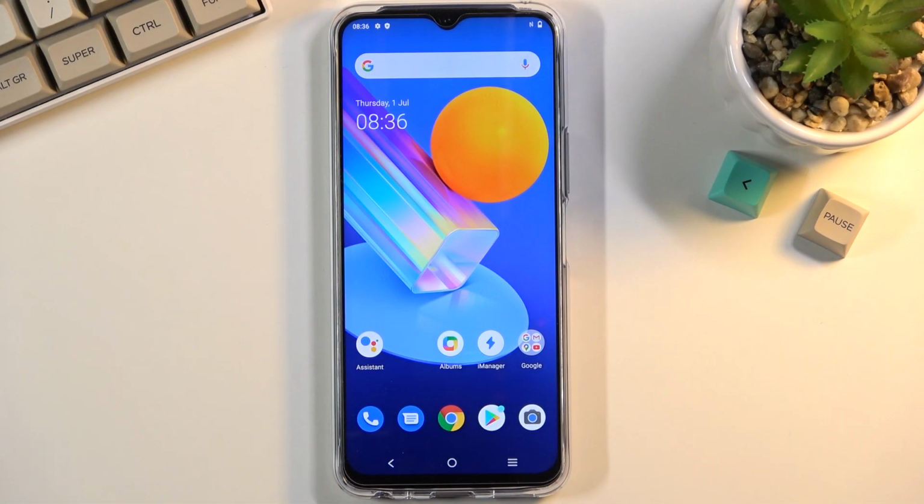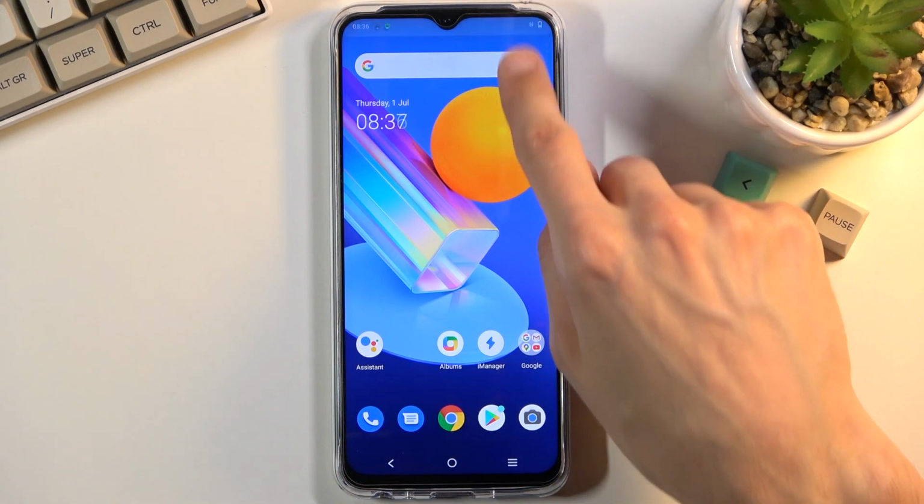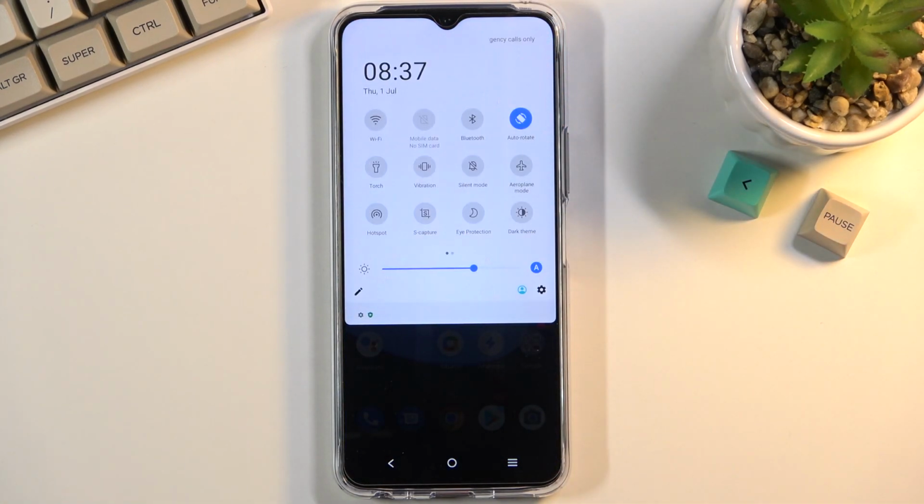Welcome, everyone. This is Vivo Y72, and today I will show you how to enable and set up the Do Not Disturb mode. So, to get started, you'll want to pull down your notification panel and look for the Do Not Disturb toggle, which for me looks to be